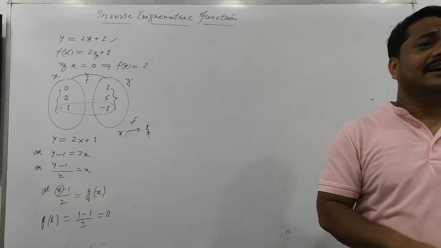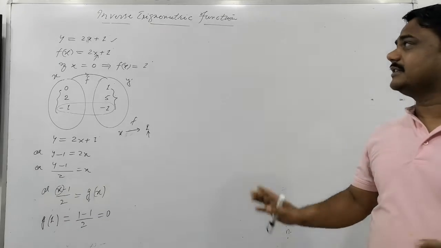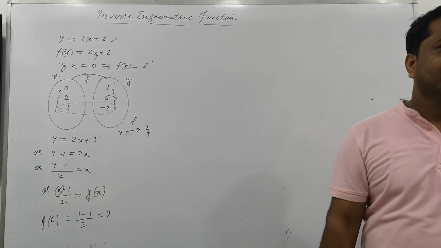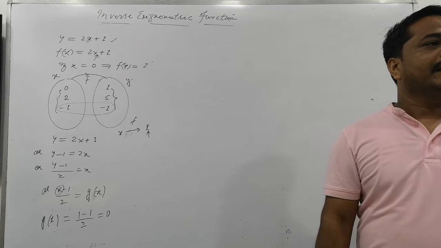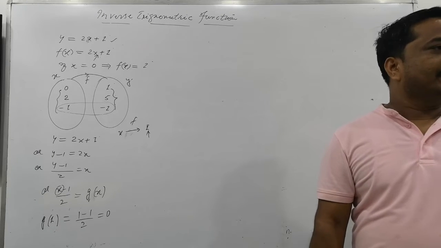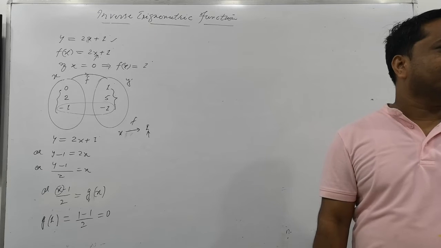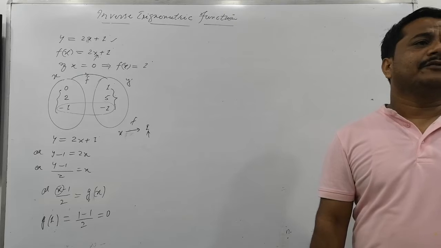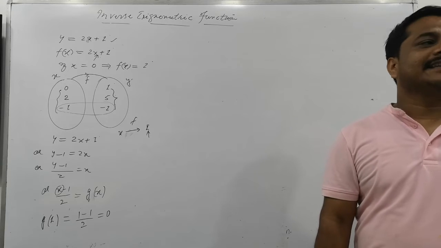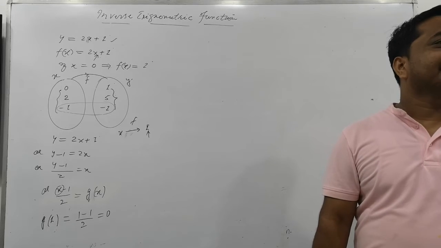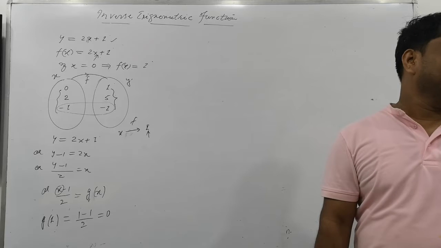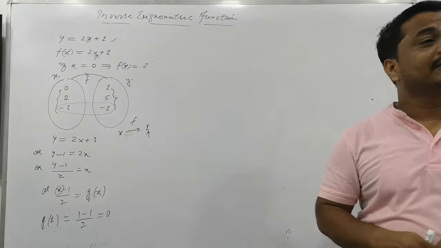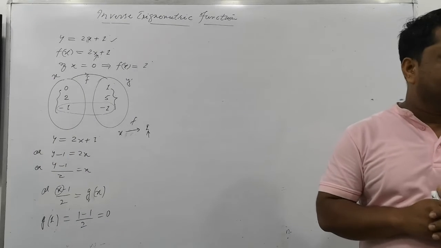Is that clear? There is a function right now. So this is the concept of the meaning of the inverse function. What is called an inverse function? A function from x to y is given by y is equal to f(x). If there is a function from y to x such that we can obtain back the value of x, that is, f inverse of y is equal to x, then this is called the inverse function. Well understood?